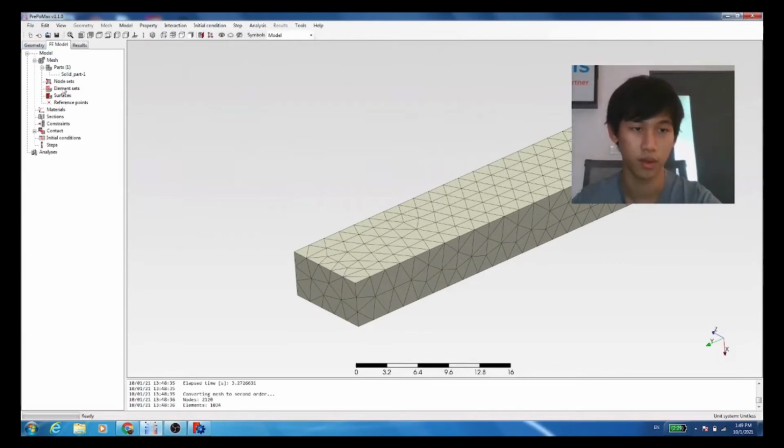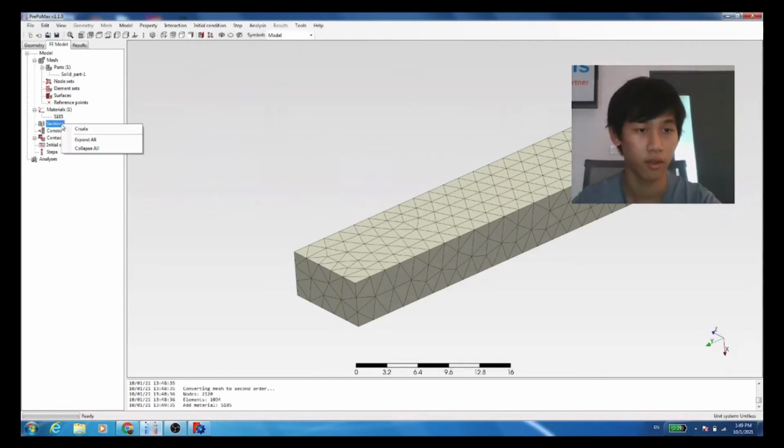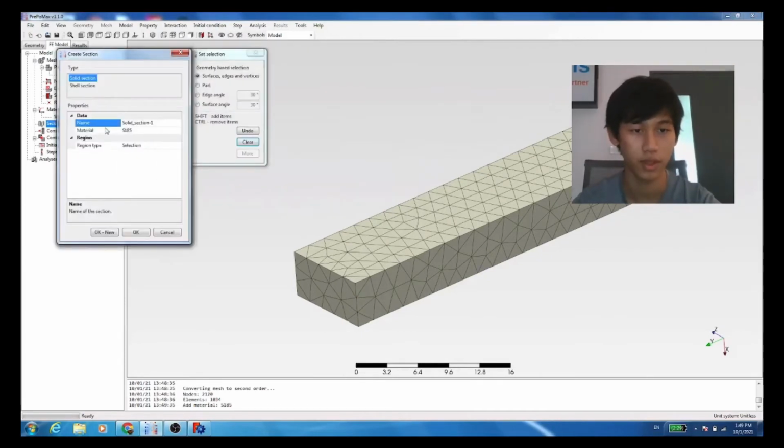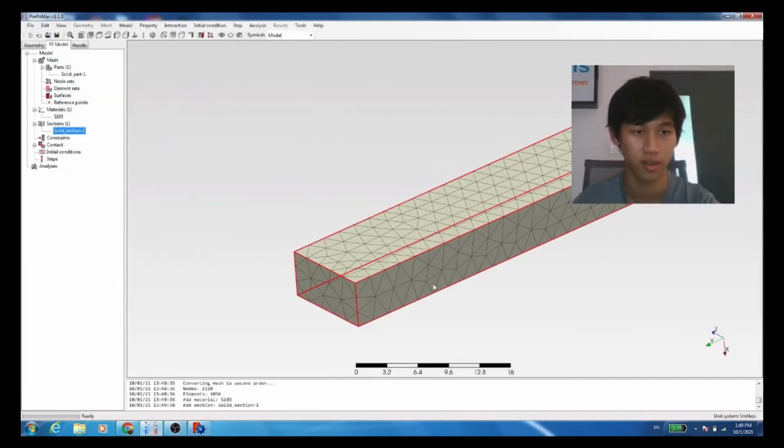Then we're going to leave this one. So we just click on our material. We're going to use the material library. We got our steel. Then let's click S185, which is a type of steel. Or maybe someone would like to use alloy or plastic, but I use steel. And click OK. Don't forget to put in all the sections before you find the frequency in this work. So create part surface section,